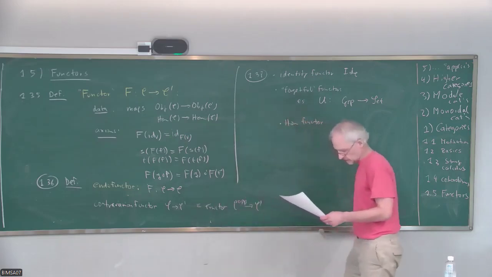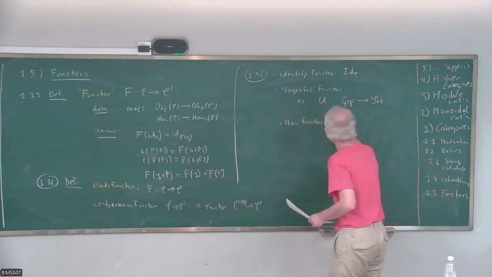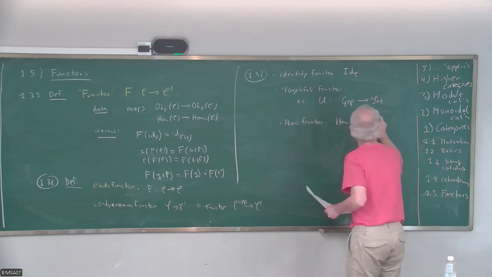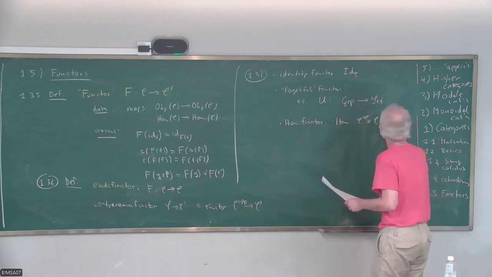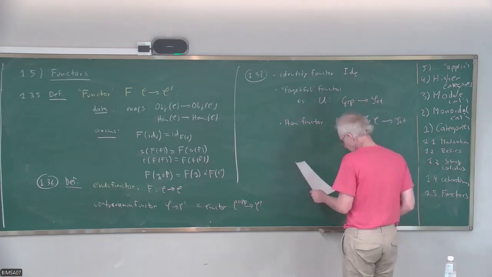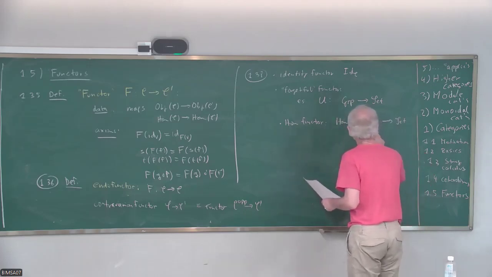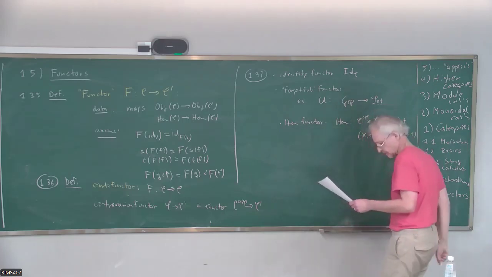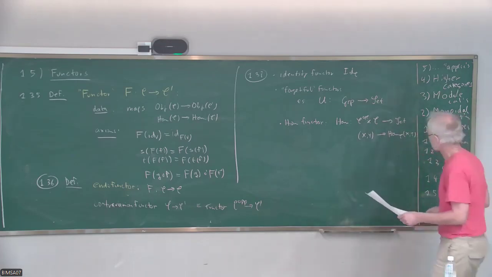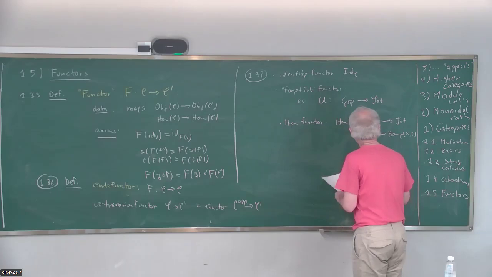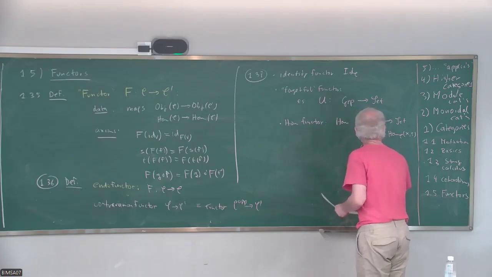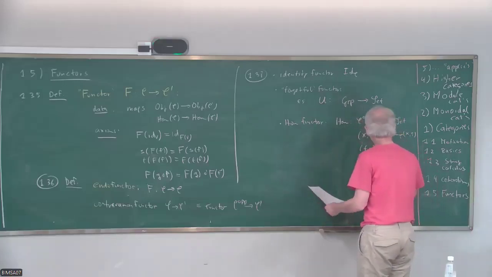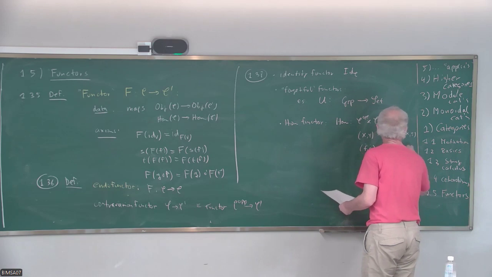Then another functor, which we actually already have used, is the Hom functor. Namely, we can take the Cartesian product of C opposite with C to the sets, where we map a pair of objects to the morphisms between them in C, and analogously for